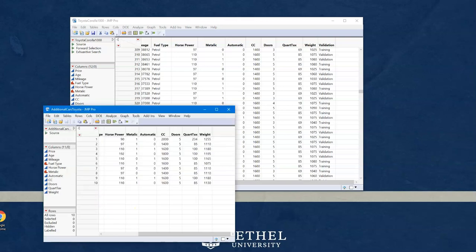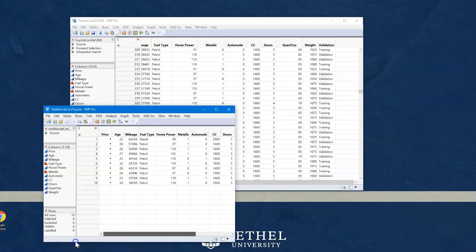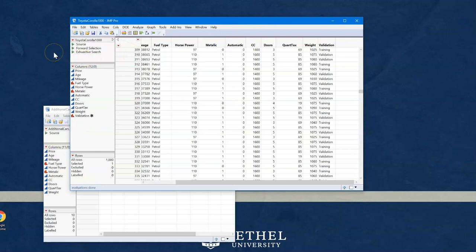So this is the data that we have, where we have age, mileage, fuel type, so all of these other traits except for price. And our job is to figure out what might be the predicted price of these cars based on our best chosen model. So we will use the forward selection criteria model to predict that. So the way you would start doing this is